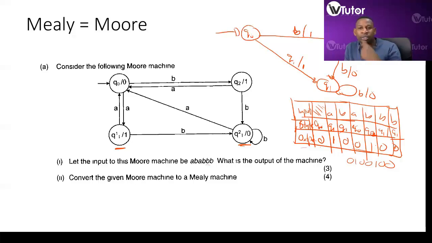Then we go from Q0 to Q1 with an A with an output of a 1. And then we need from Q1 to Q0 with an A, with an output of a 0. Then over here,